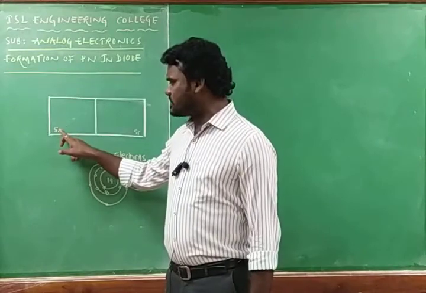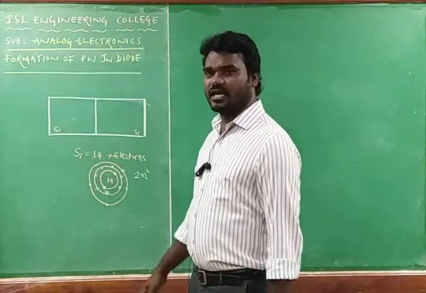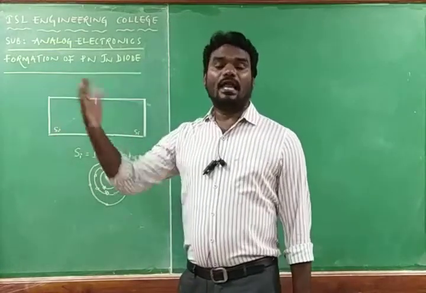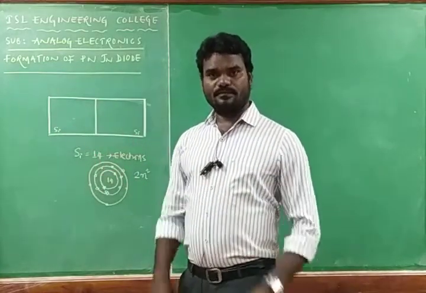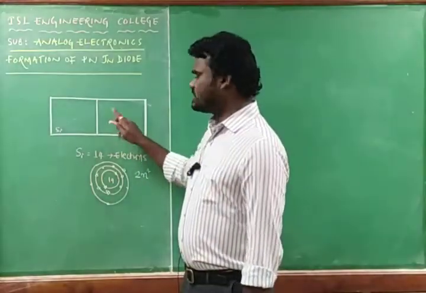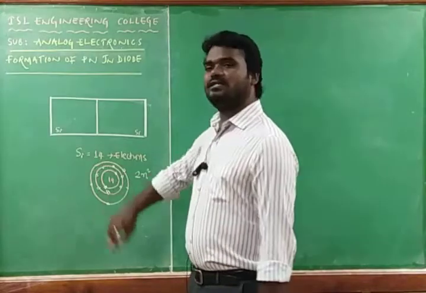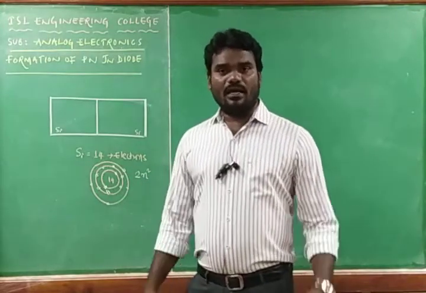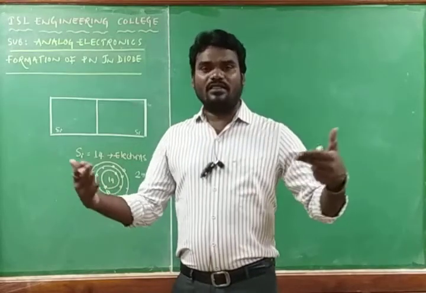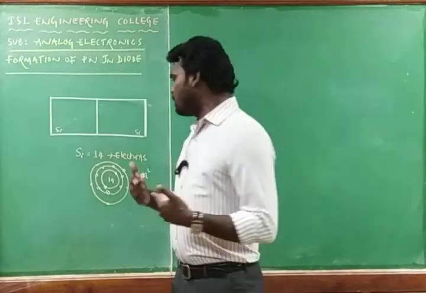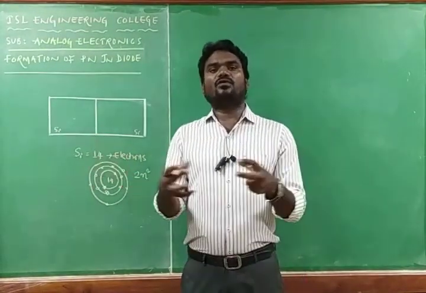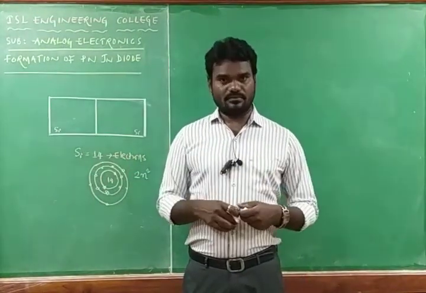Each atom of silicon has 4 valence electrons, so if it gets 4 more valence electrons from another element, it makes a covalent bond. Here also, this is silicon, so if any element gives 4 more valence electrons, these 4 electrons of silicon and 4 electrons of the other element will make a covalent bond to get stability.